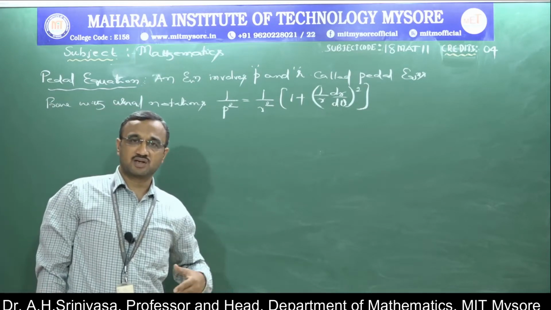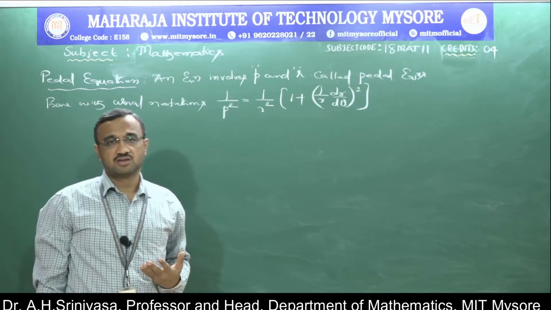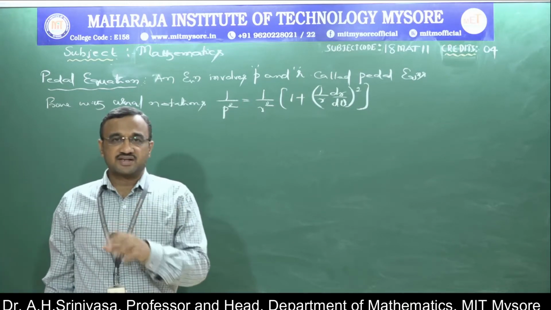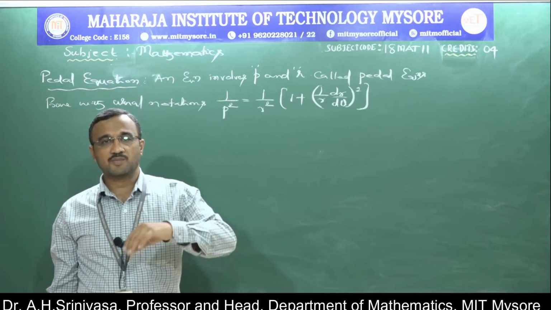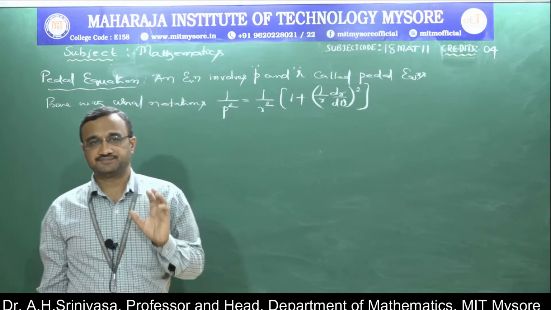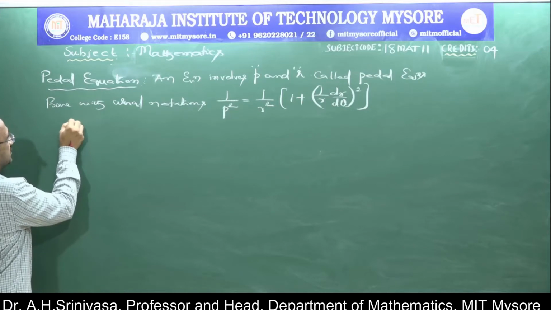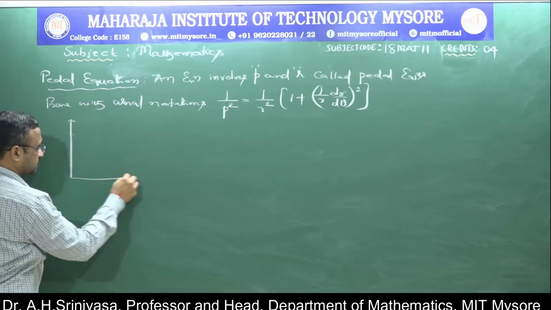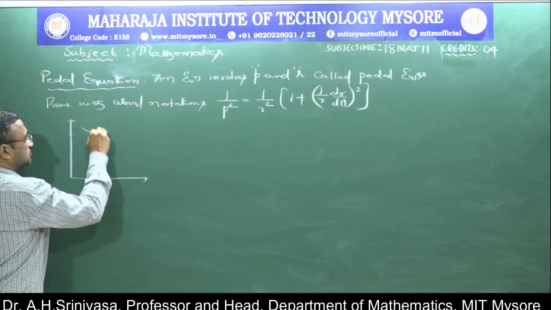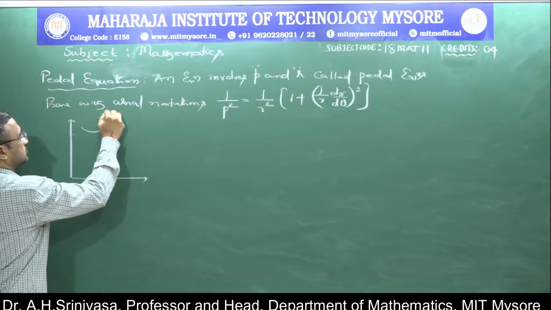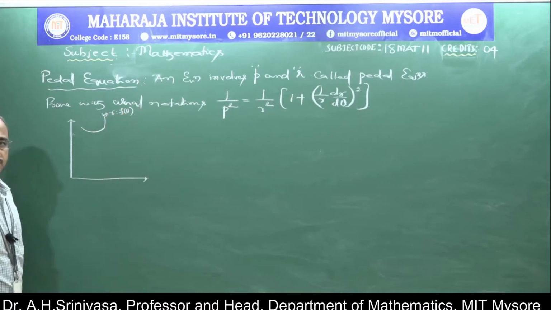As usual, what we learned in the previous classes to find the angle between the radius vector and the tangent, we will use the same figure, but the continuation is that I am going to draw a perpendicular line from the pole to the tangent. In the two-dimensional plane, I mark a point. This is your polar curve, r equals f of theta.